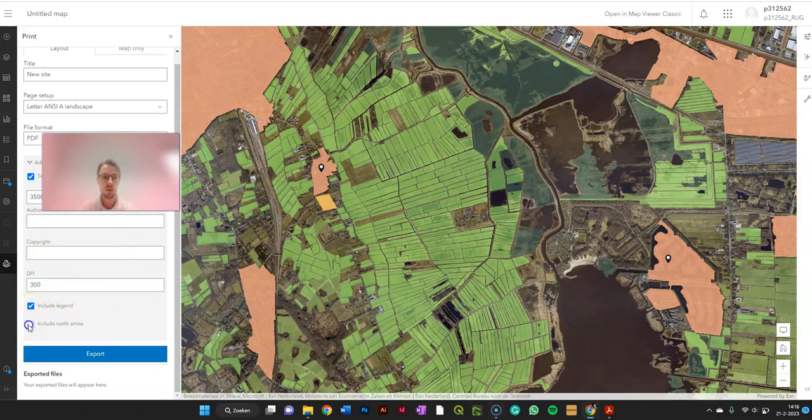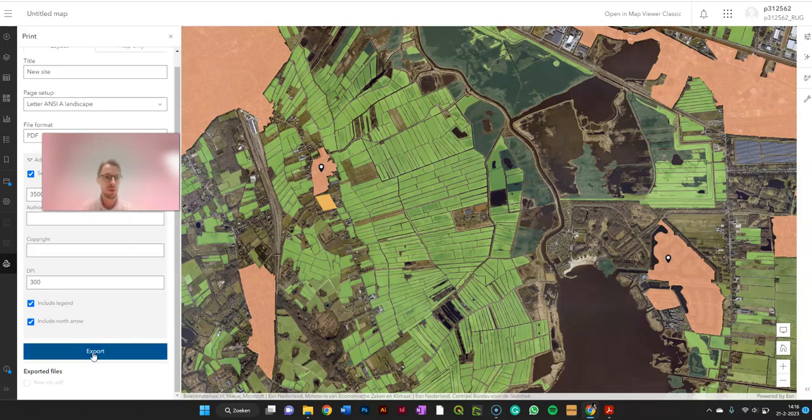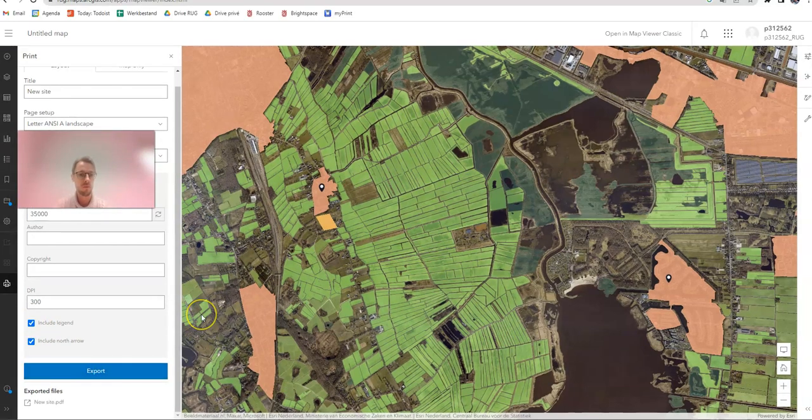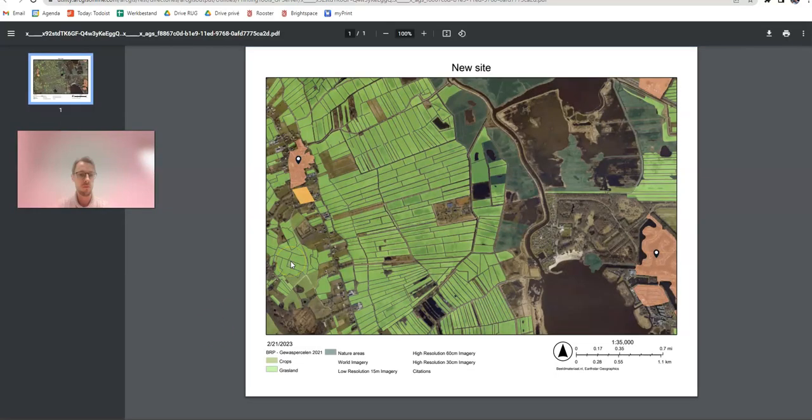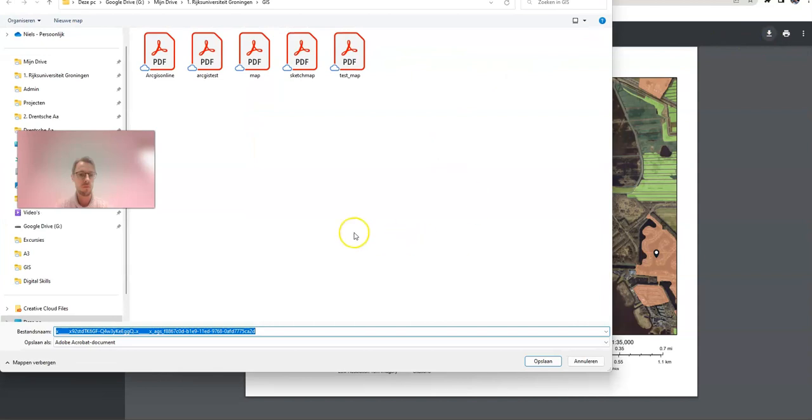Include a legend, include a north arrow, and export. So one last thing that you need to do is to download your map. And here you have your map with a new site title, you have your explanation here, your scale and the scale bar. And if you want to see what you now actually made,